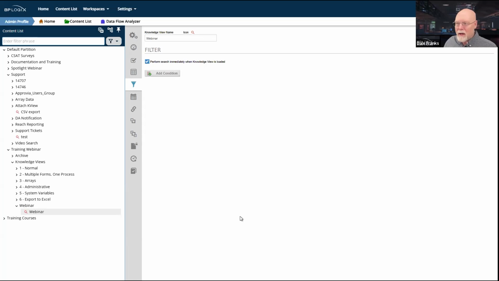So you could say, like previously when I talked about leave requests, let's say this was a leave request form. Well, the most logical filter to put on that form so that the user could only see their own leave requests would be to have the form submit user equals the current user. That way, when the knowledge view ran, it would only show the submissions that that user made. That's a great way of just automatically filtering the form.